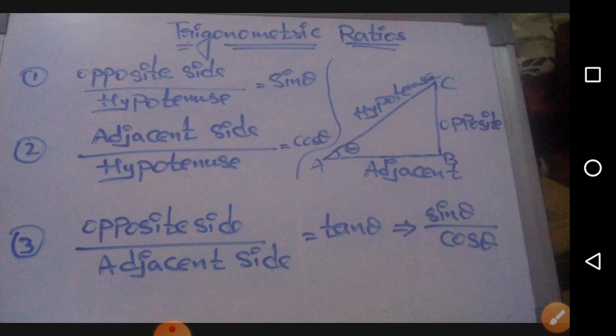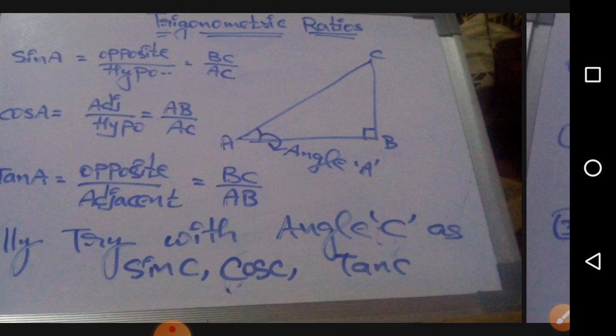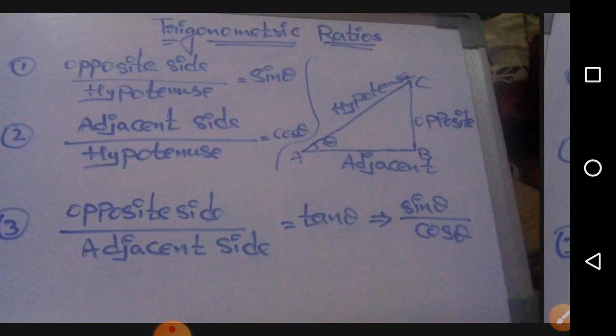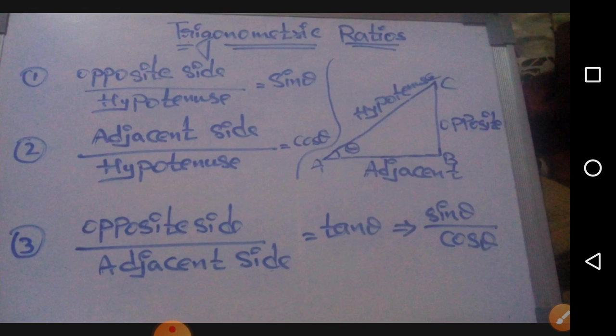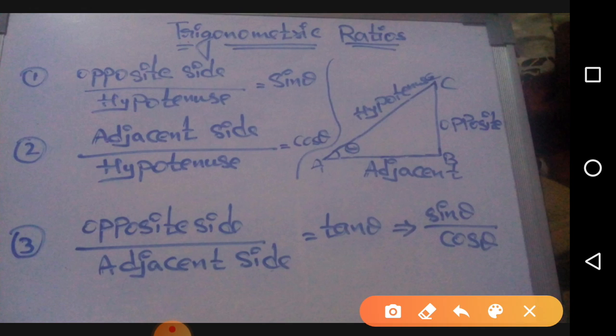Now come trigonometric identities and trigonometric ratios. We'll study them in exercise 2, that is 11.2. Let's try to understand the terms which are the base of trigonometry. We started with the right angle triangle. This is opposite, this is adjacent, and this is hypotenuse. If you are well aware of this, then half of trigonometry is done. Let me tell you how.